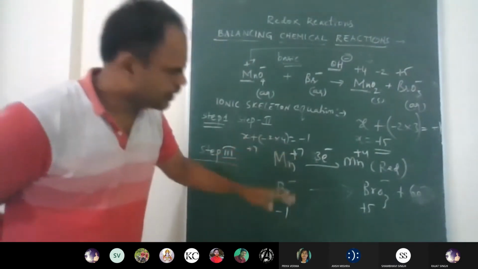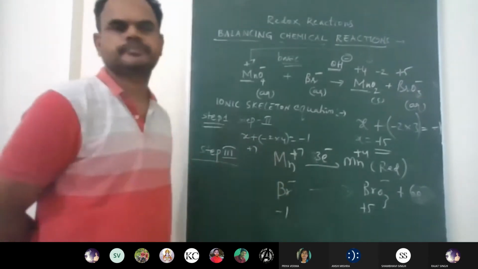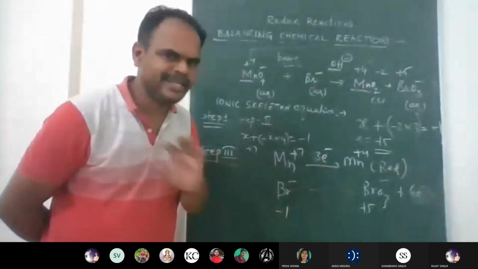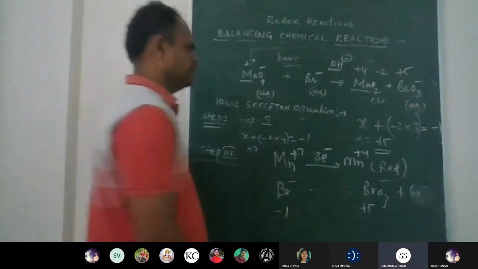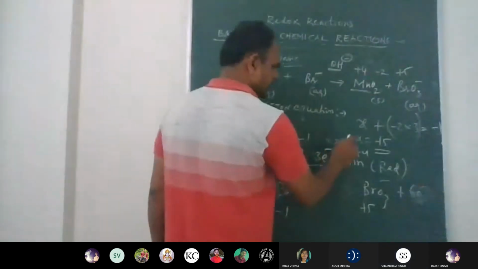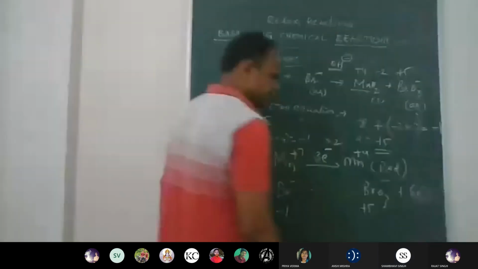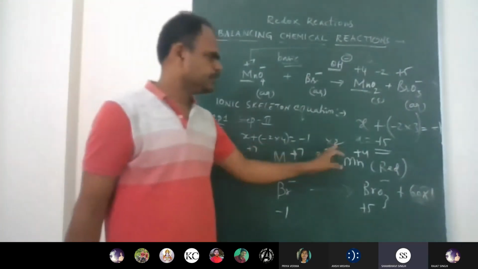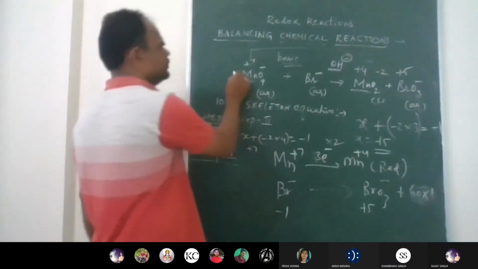Now what you do is, in both equations, balance the electron numbers. For balancing the electron number, 3 electrons and 6 electrons, what integers do we have to take? 3 multiplied with how much? 2, no? And 6 multiplied with how much? 1. 3 multiplied with 2, 6 multiplied with 1. So the same number you have to use. Here I am using 2 and here I am using 2.